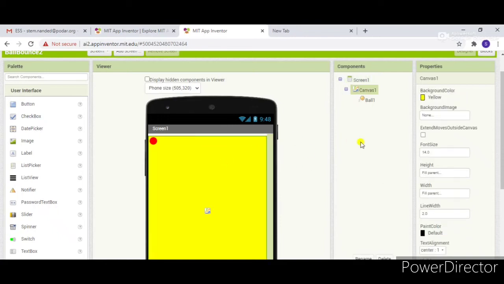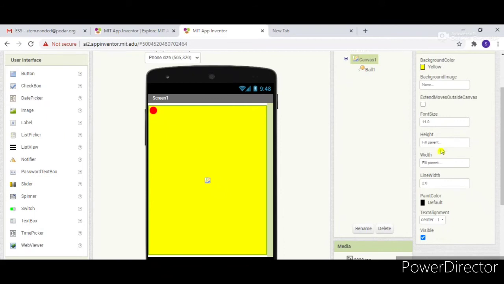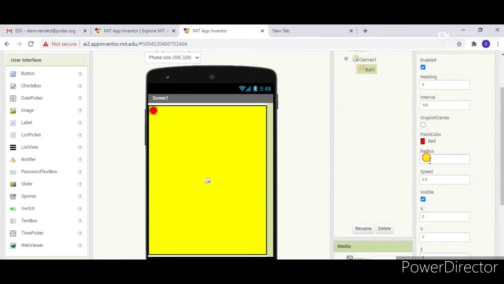When you drag the canvas, you should set the fill parent height and width of that canvas. Then click on the image sprite, that ball, which you will find in media, drawing and animation. Just change the speed of that ball. I'll change the speed and also the radius.